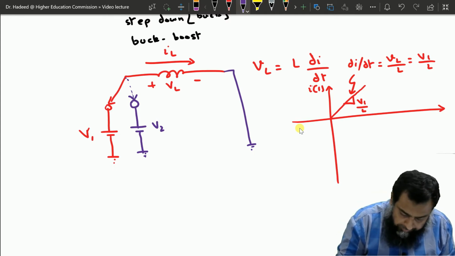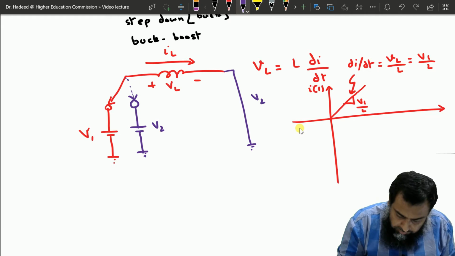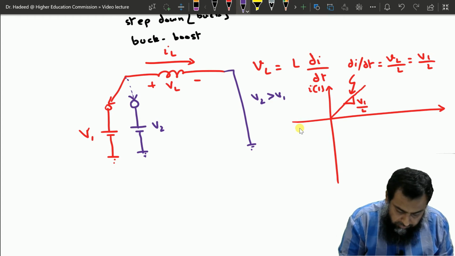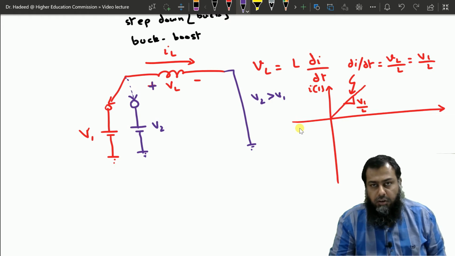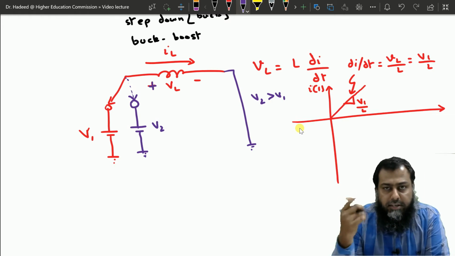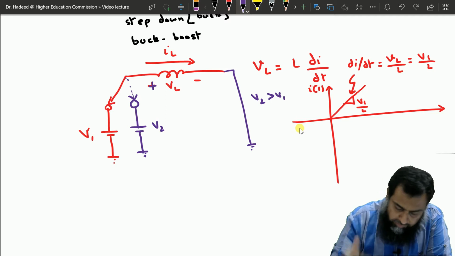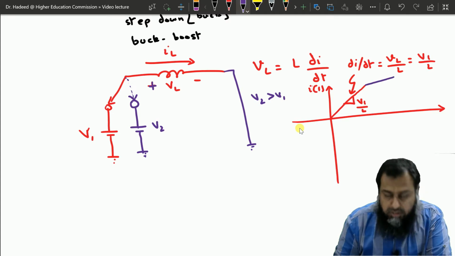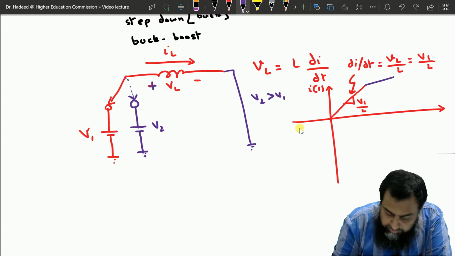We also suppose that this V2 is less than this V1, which means that since this voltage is positive and we can see that the polarity of the voltage across the inductor is the same as that of V1, what happens here is that it will continue to rise in the positive direction, but with a lesser slope, and this slope is equal to V2 over